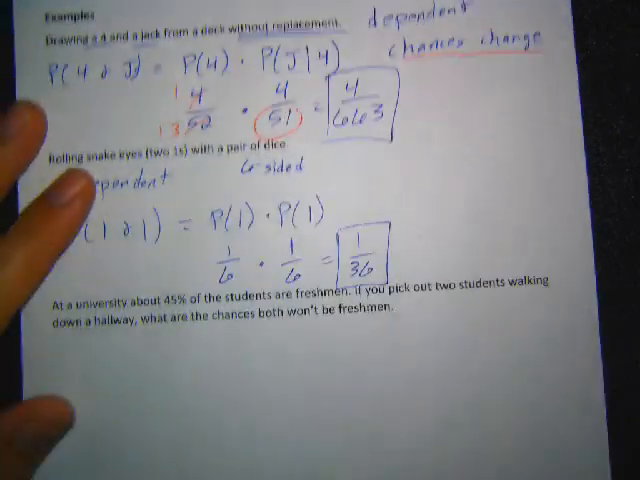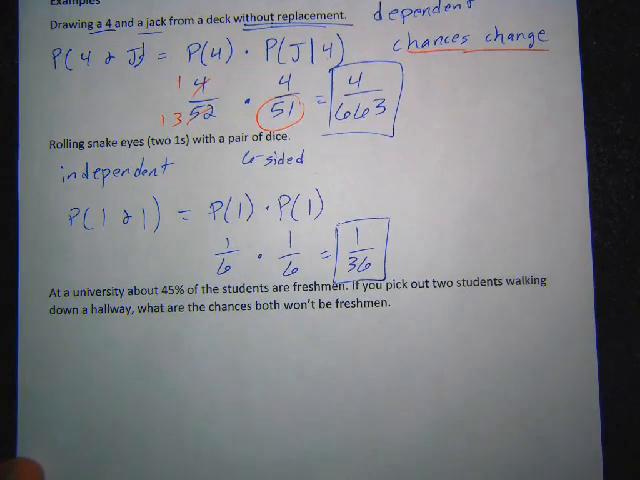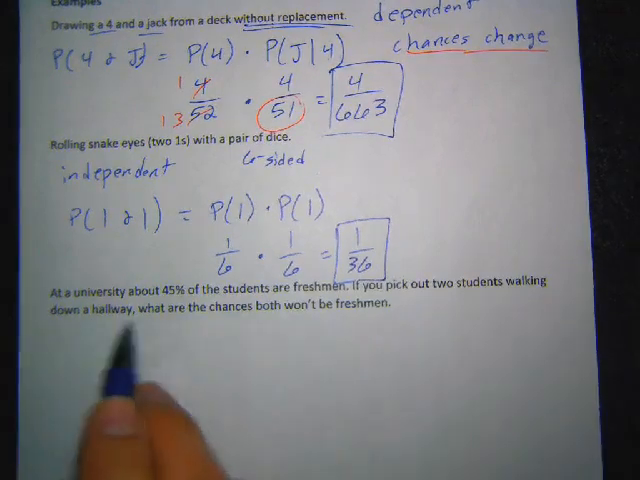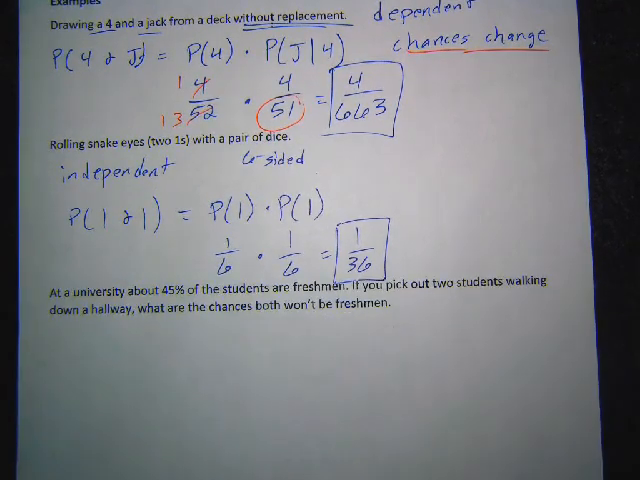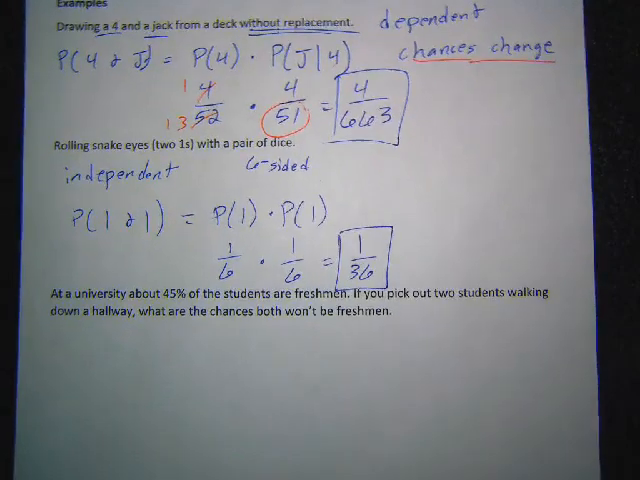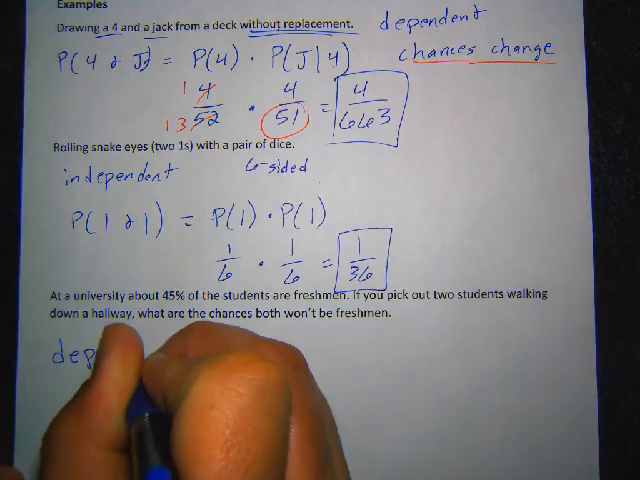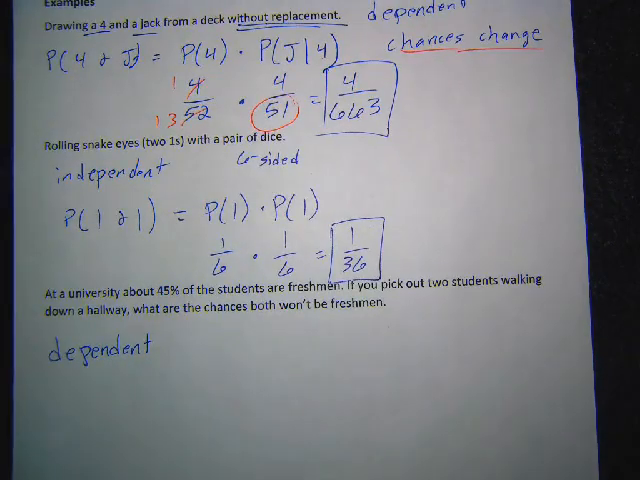Okay, last one here. At a university, about 45% of the students are freshmen. If you pick out 2 students walking down a hallway, what are the chances both won't be freshmen? Now, technically, this would be dependent. This is dependent because when I go pick 2 people, I'm not going to pick the same person twice. It would be 2 people then. That would be silly, right? I'm not going to pick the same person twice. So once I pick the first person, I'm taking them out of the pool of candidates, out of the people I could pick for the second. So because of that, typically you would call this dependent,